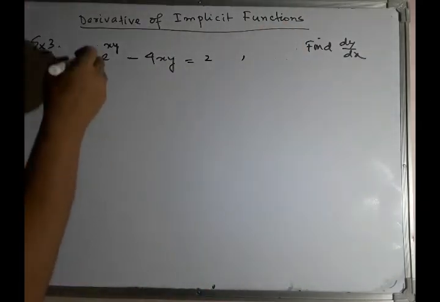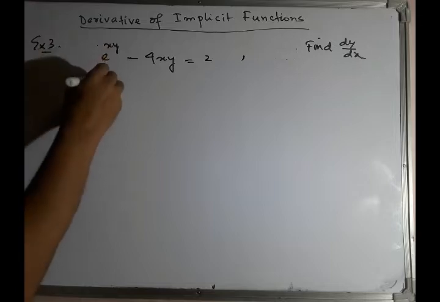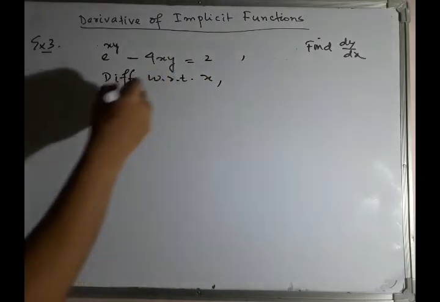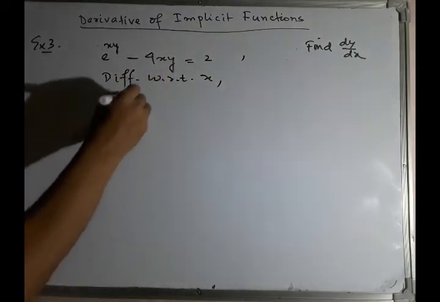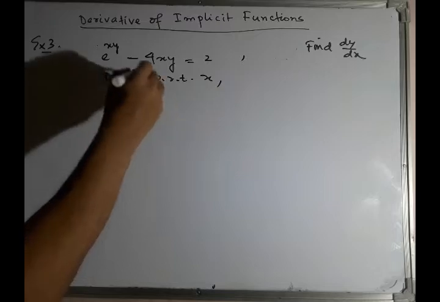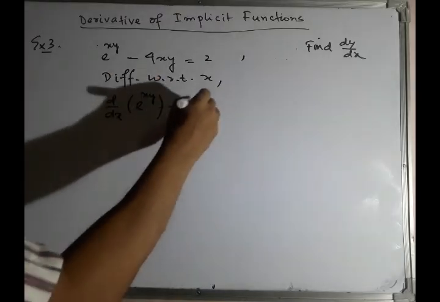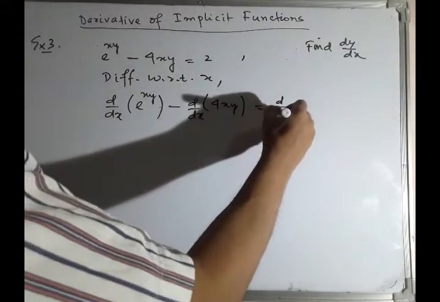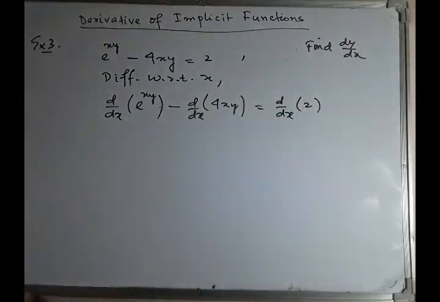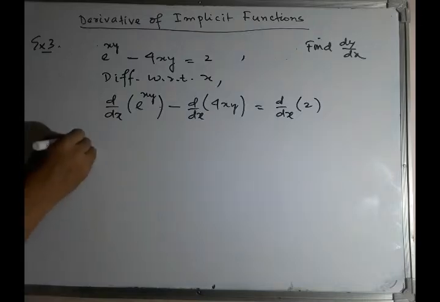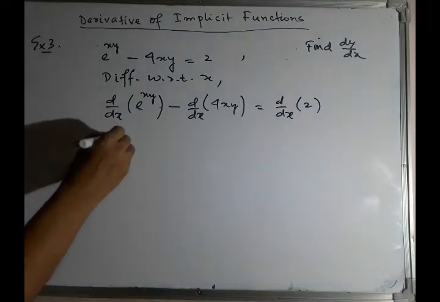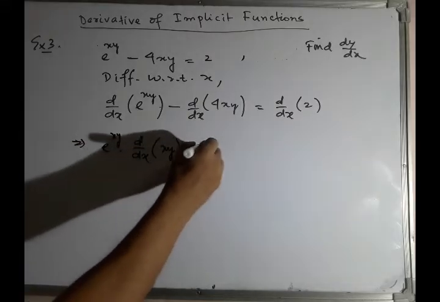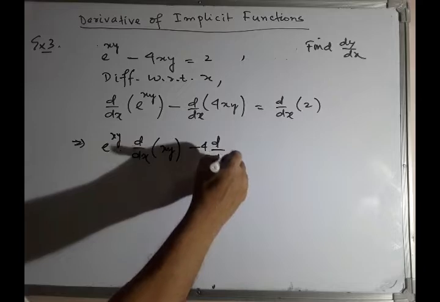So therefore, differentiating with respect to x, we'll get d dx of e to the power xy minus d dx of 4xy equal to d dx of 2. So therefore we'll get e to the power xy into derivative of xy minus 4 common d dx of xy